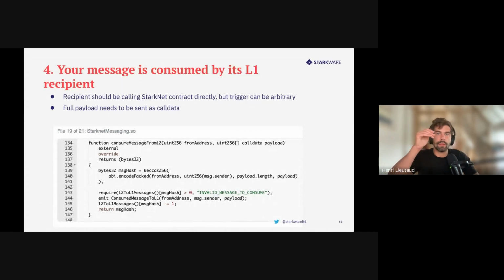And then it's kind of like the post office. When your message reaches Ethereum, it doesn't trigger an action. It sits there in a smart contract, in the Starknet core smart contract. And if the recipient on L1 needs to do something, it needs to go and pick it up, like a parcel at the post office. You show up and say, "Hey, I received the parcel. Can I do something with it?" And so the smart contract will say, "Hey, do you have something for me?" If Starknet Core has something, it will say, "Yes, I have something for you." And then your smart contract can act upon it. That's the hook you need to execute something and to be sure that something came from L2. This smart contract can only be activated if something came from L2 and was proven.